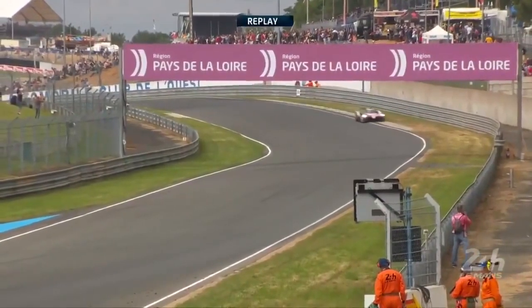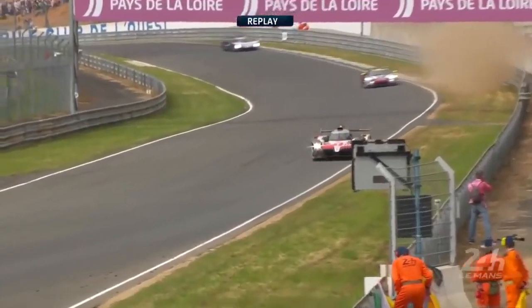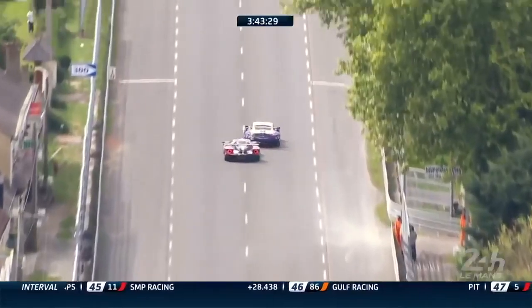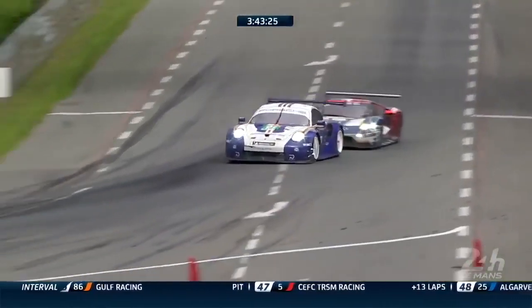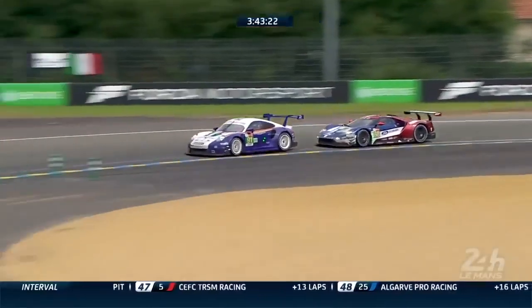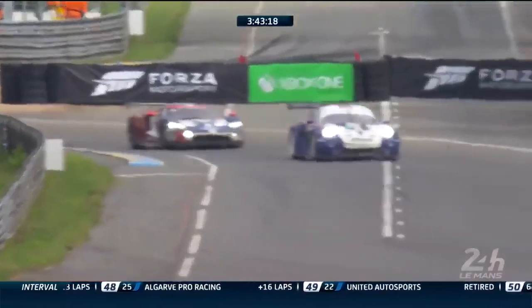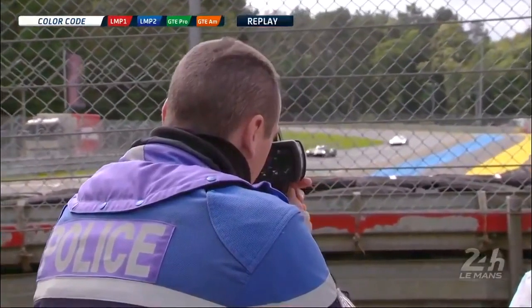Thank you, Louise. And Jean-Eric Verne right now, as you see the number 7 Toyota making a mistake that he can make just 3 or 4 times until he gets a penalty. Yeah, he's trying to break the tow. It's called the regulations. Yeah, and Bourdais has got the speed, but Mako is moving from lane to lane. I would say in this, if I was in the Ford, I'd be radioing and talking about it to ensure that the race...